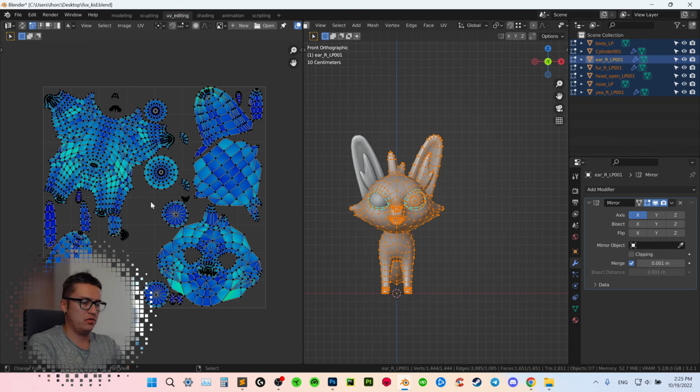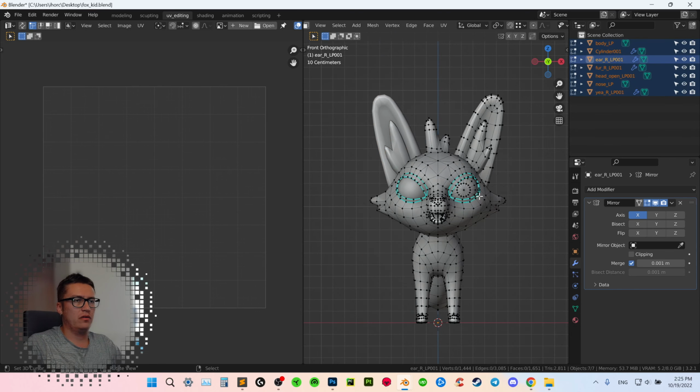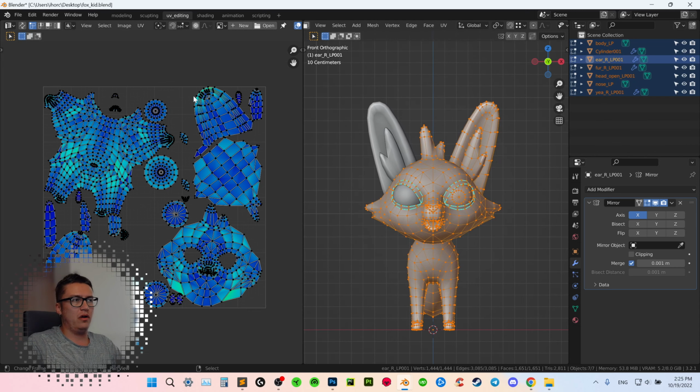I just want to remove one minute. Okay. So yeah, we have a lot of extra space for our textures, and we could have much more texel density for the other